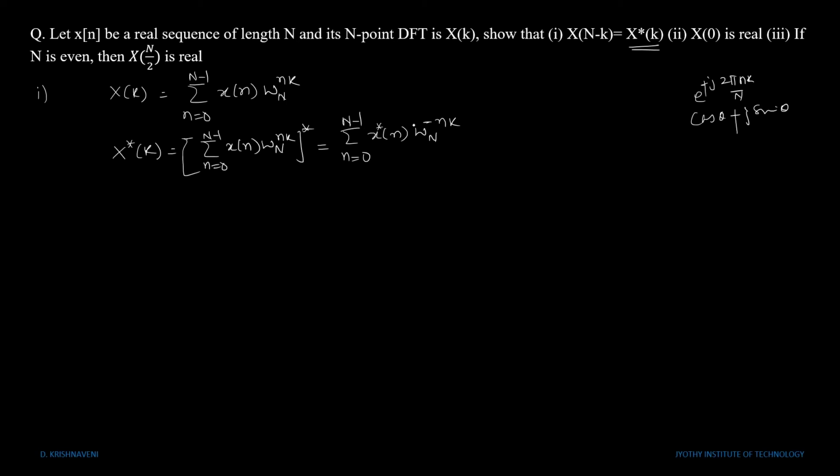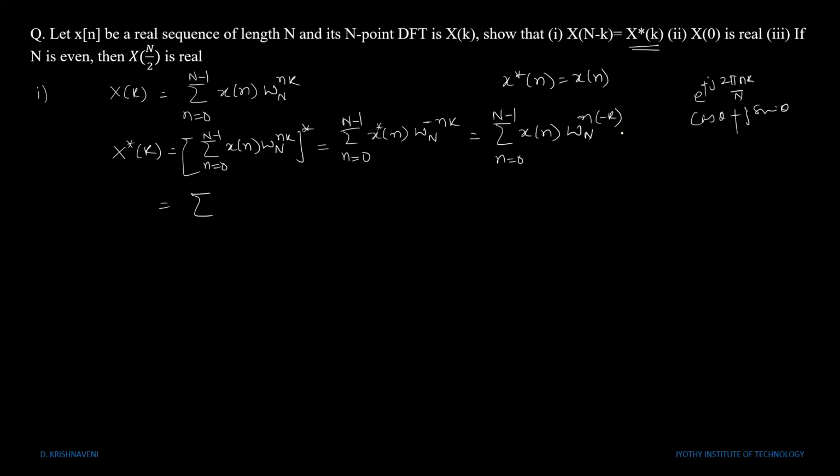Now conjugate of X(k) is how much? x(n) is a real sequence, so conjugate of x(n) will be equal to x(n) because x(n) is real. So this can be written as summation n = 0 to N minus 1 of x(n) W_N to the power of, here minus nk is there, so we will write n into minus k, which we can write as